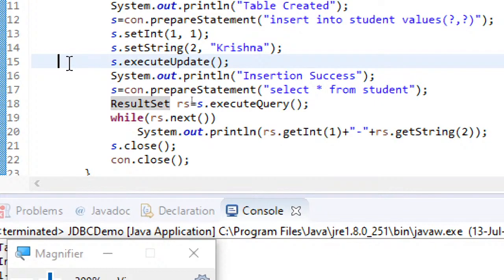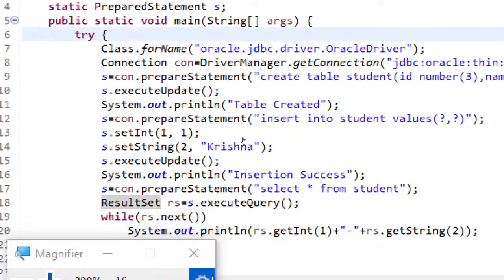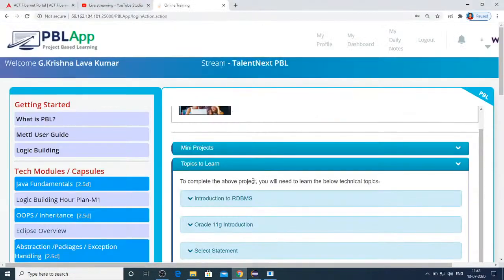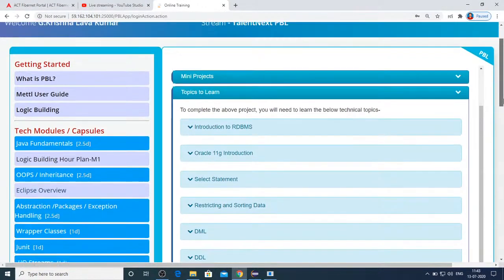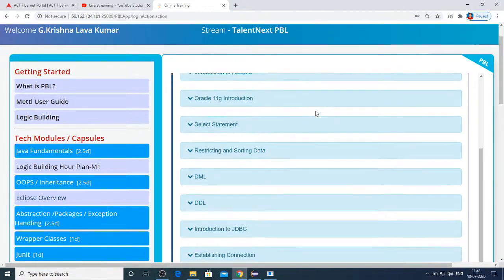So I hope everyone understood whatever I have covered today. Theoretically, as I mentioned, today none of the pages got opened from this PBL lab. That's the reason I could not cover any of the theoretical part. But I have given you a glimpse of this RDBMS, and I have shown you how to connect to the database.